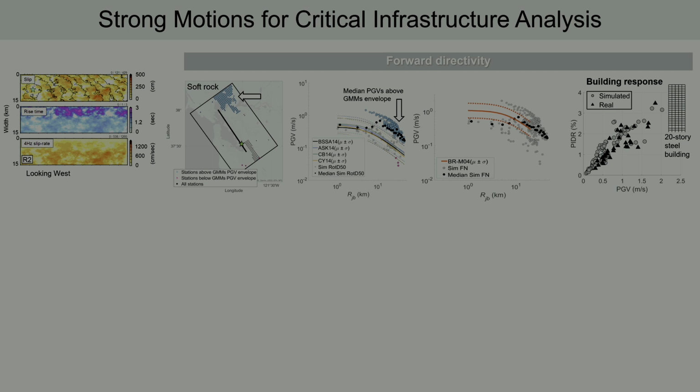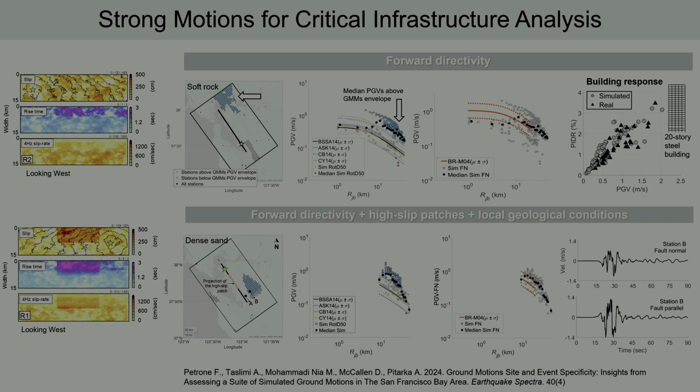We have heard this morning that for energy systems, we want to use one ground motion to assess the response, but we want to make sure in specific cases that the ground motion for a critical infrastructure is the one that corresponds to an extreme yet realistic event. Well, if you're really interested in scenarios